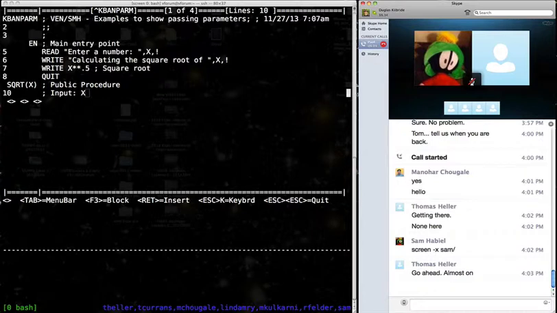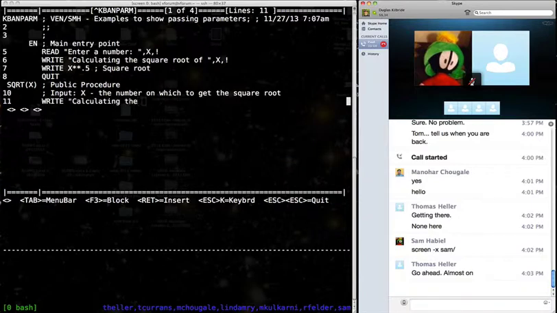Input x, the number on which to get the square root. All right, so what we're going to do now is we are actually passing x over here, and it's going to do the rest of the routine. But it's going to get better than this for now. We're going to say write, calculating the square root of